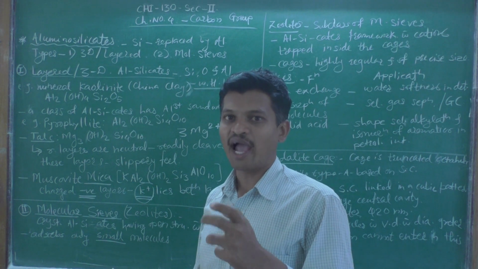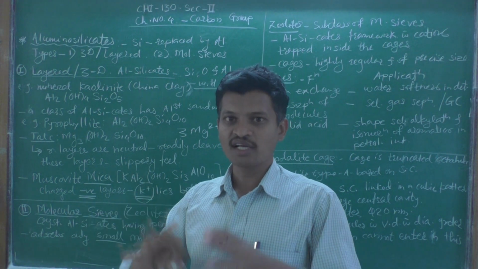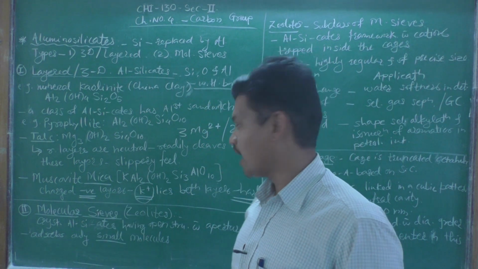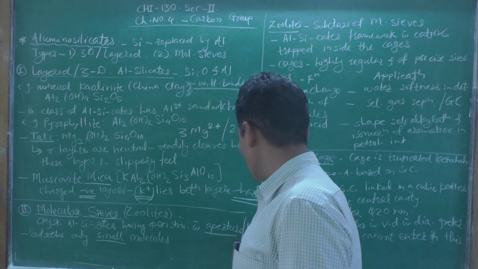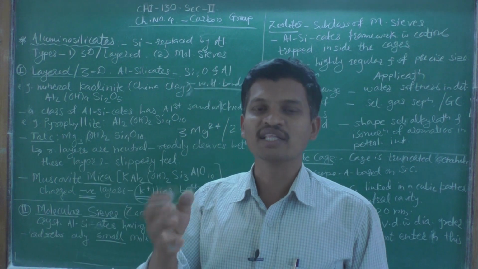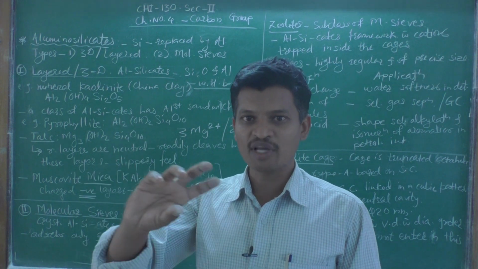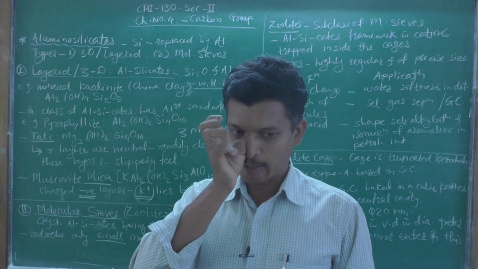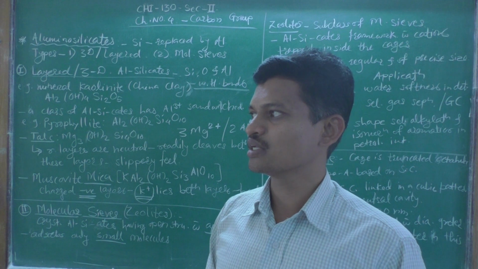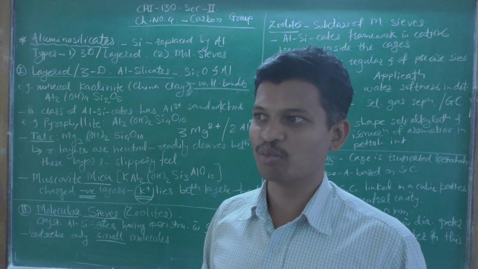What are molecular sieves? These are crystalline aluminosilicates having open structures with apertures or holes. Apertures means holes. A hole or aperture is present between these molecular structures, and these are 3-dimensional crystalline structures of aluminosilicates. These holes or apertures are of molecular dimensions, meaning in the range of nanometers, picometers, etc.